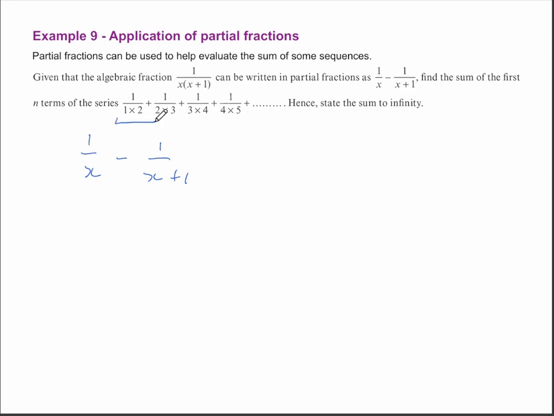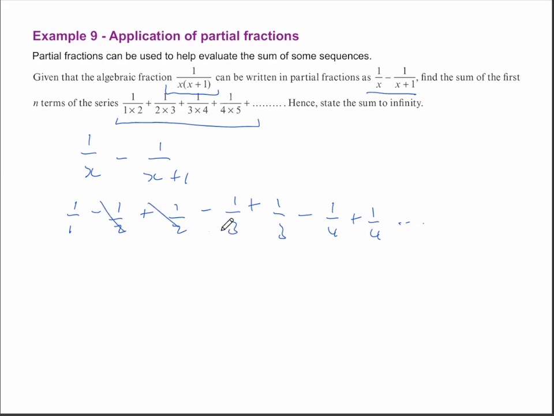So as you can see, this series is just this fraction right here. And we can write it as this thing right here. So what we will have is 1 over 1 minus 1 over 2 plus 1 over 2 minus 1 over 3 plus 1 over 3 minus 1 over 4 plus 1 over 4, and you get the gist. What happens with this, as you can see, is you have -1/2, then you have +1/2, and these cancel out. Then you have -1/3 and +1/3. Again, these cancel out. And this keeps on happening until you get to the nth term, where the term right